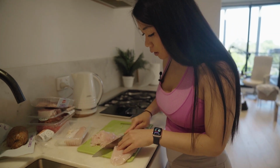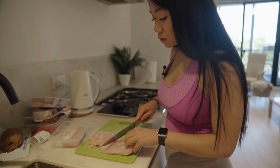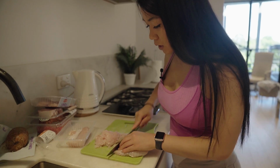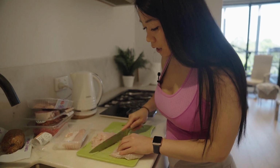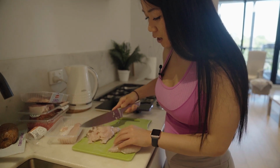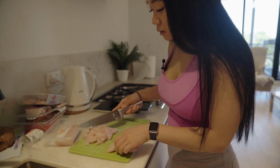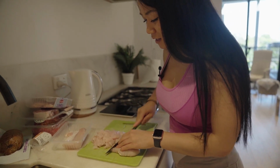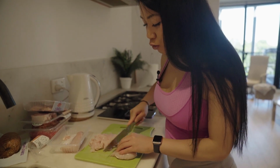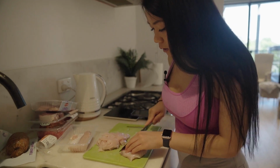But I know that in the supermarkets you could actually also get these already cut, so they're already in strips, but I think that they are a little bit more expensive because they've already been cut. They're called the stir-fried strips, but I like to think that I could chop it myself and save a few dollars, but also